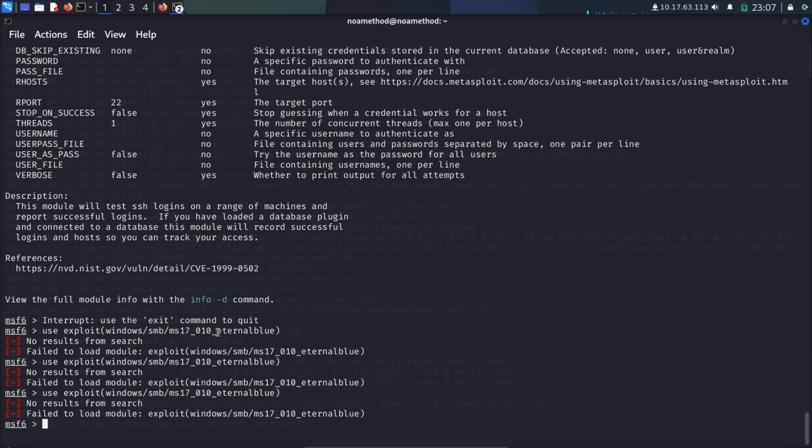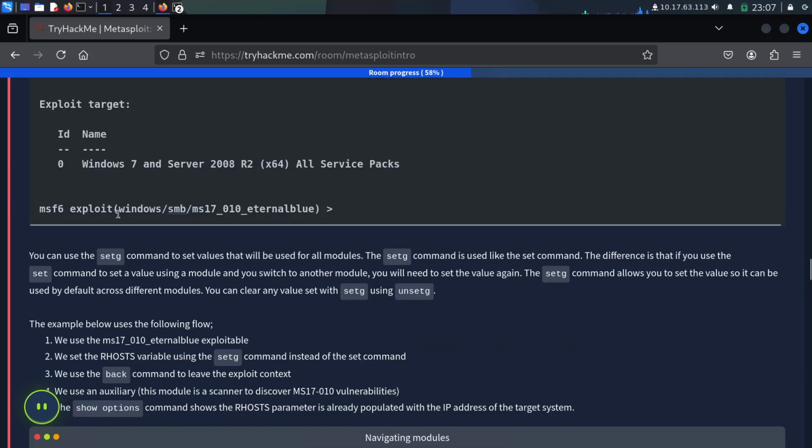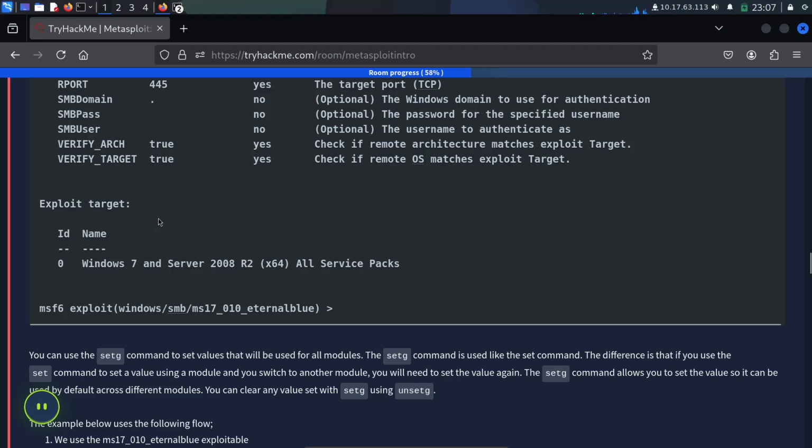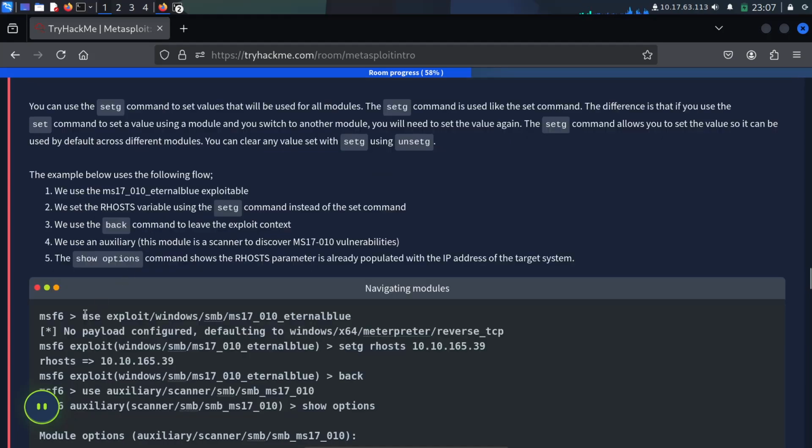Result from search file to load module exploit. Use exploit external.